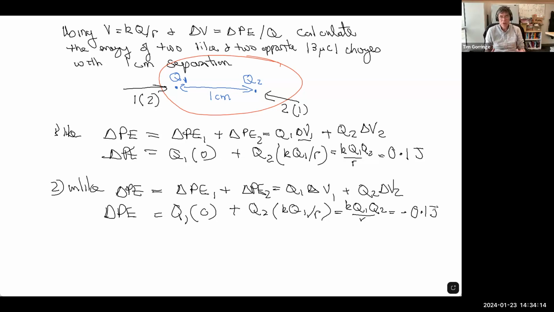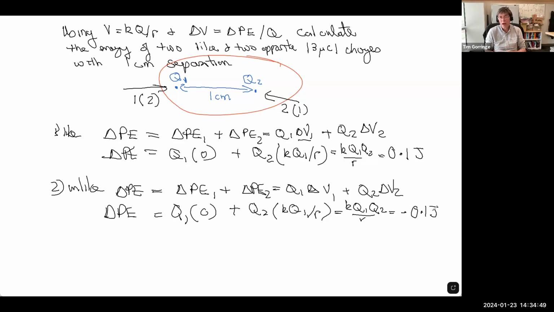We found some interesting results. When we computed the values of the stored energy, we found that it was a positive stored energy if you had like charges. And that made physical sense because we had to literally push them together and they would naturally want to fly apart and release their potential energy. Whereas in the case of unlike charges, they wanted to fly together. They flew together and we would have to add energy to pull them apart. It is a nice